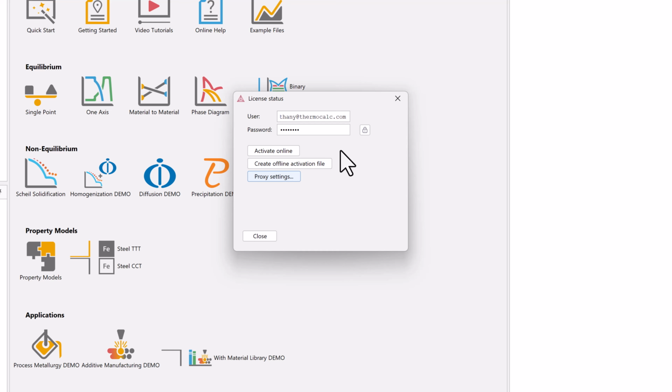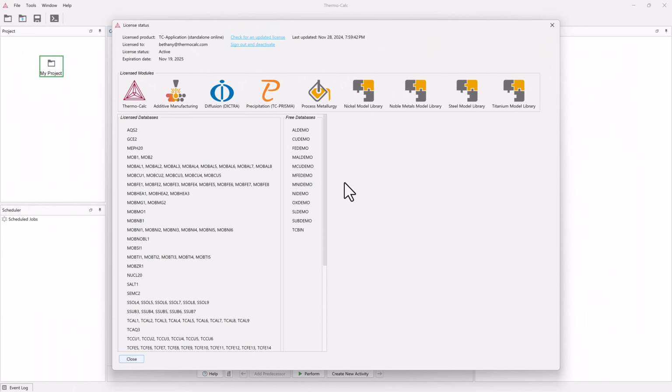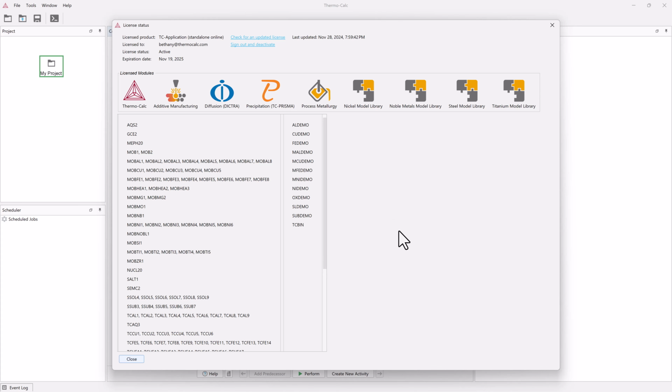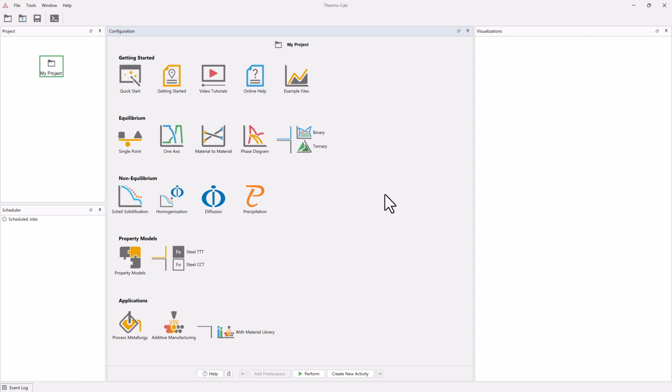To activate online, simply click Activate Online. A window will appear that shows the products you have a license for. Your license is now activated and the software is ready to run, so you can click Close and begin using